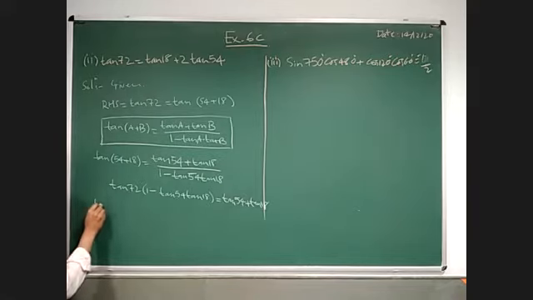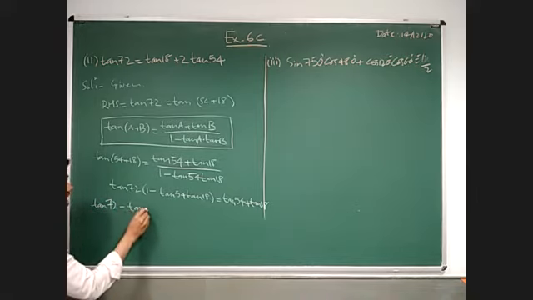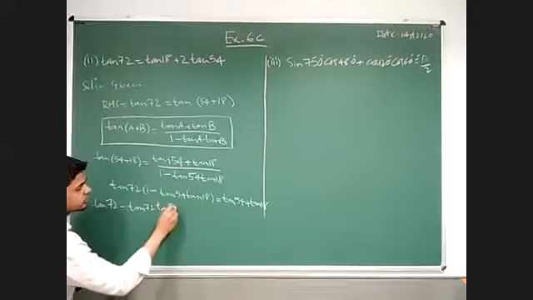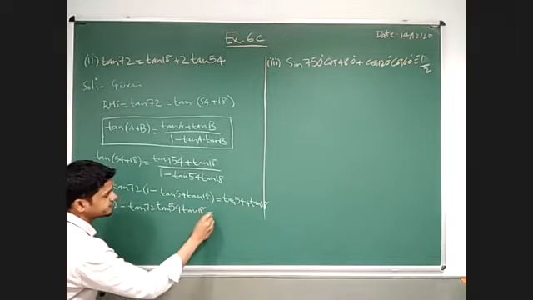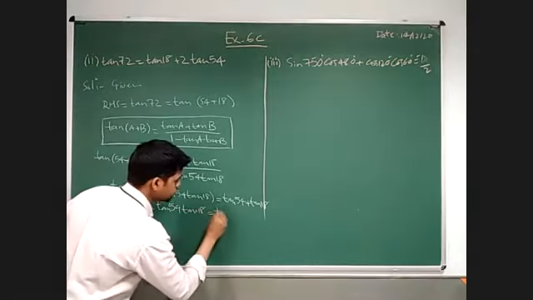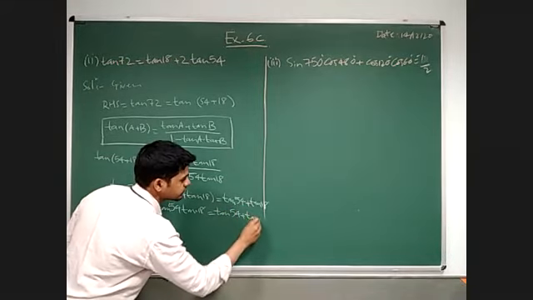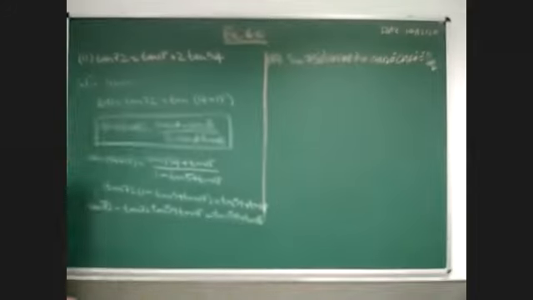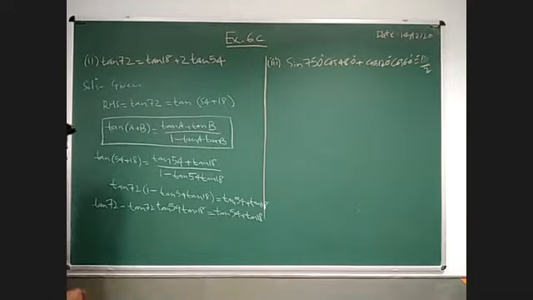Then here tan 72 minus tan 72 tan 54 tan 18 is equal to tan 54 plus tan 18. Okay, now just see here, I can write tan 72 as